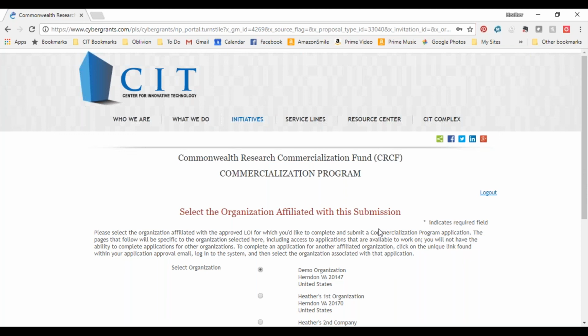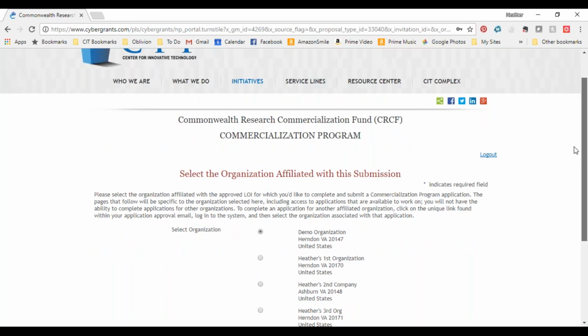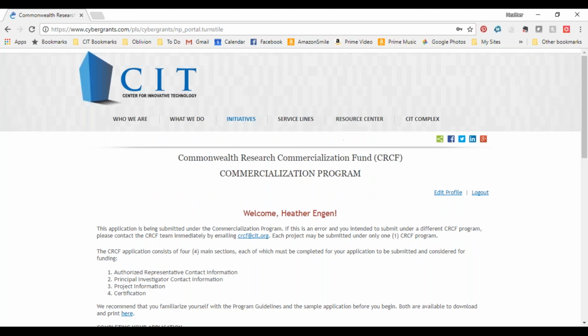In this case, when you log in, you'll need to select the organization whose project was approved and whose application you're working on. So you can see here I have several organizations, so we're going to select that one. Otherwise, if you are affiliated with only one organization, you'll go directly to this welcome screen. If you scroll to the bottom,